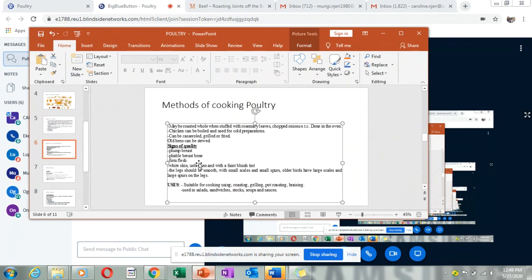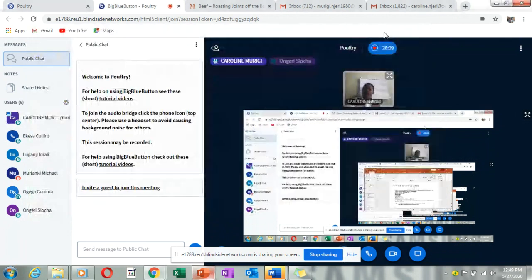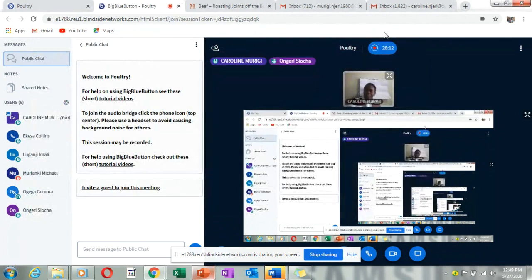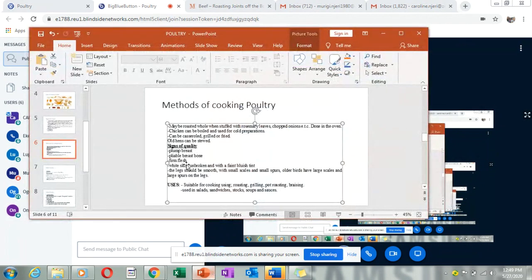The breastbone should be pliable, as in you can bend it, when you press it the bone itself bends. So even our kienyeji chicken, we should not leave it to grow until it is too old, that even when you're cooking it, you have to cook for several hours. We should not over-rear the chicken. It becomes a loss from your pocket when you keep it for so long. Then the flesh should be firm,